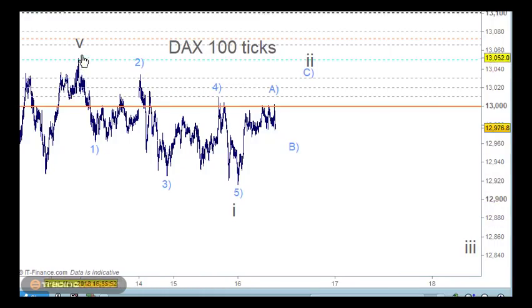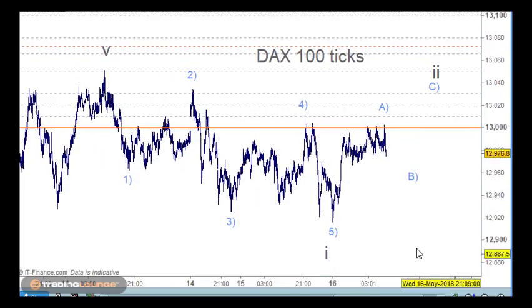Okay, so if we consider this the top here, then the 5 waves down would count like this here. It would be 5 waves down for wave 1, back up for wave 2, that doesn't count very well in there, does it? Actually, the trouble with this particular count is that one thing is clear: wave 1 low here and wave 4 here overlap. So that's a bit of a no-no. But